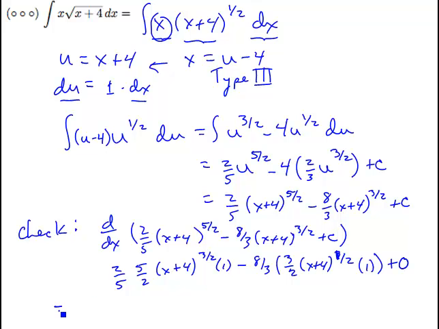Now if I clean this up, the 2's cancel, the 5's cancel, so I get an x plus 4 to the 3/2 minus, let's see, the 3's cancel, 2 goes into the